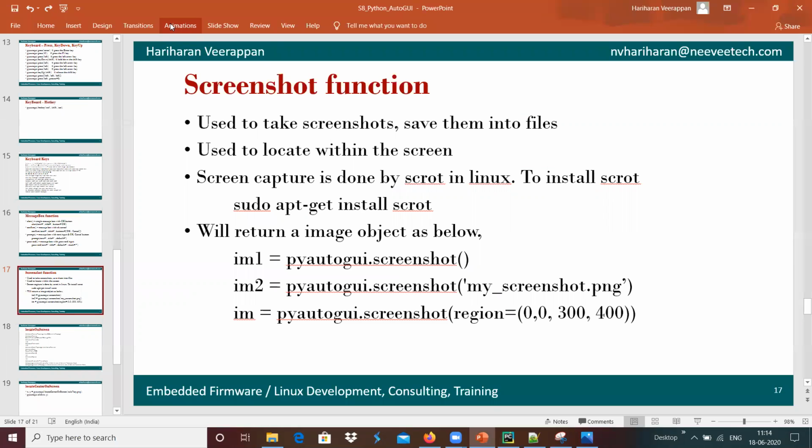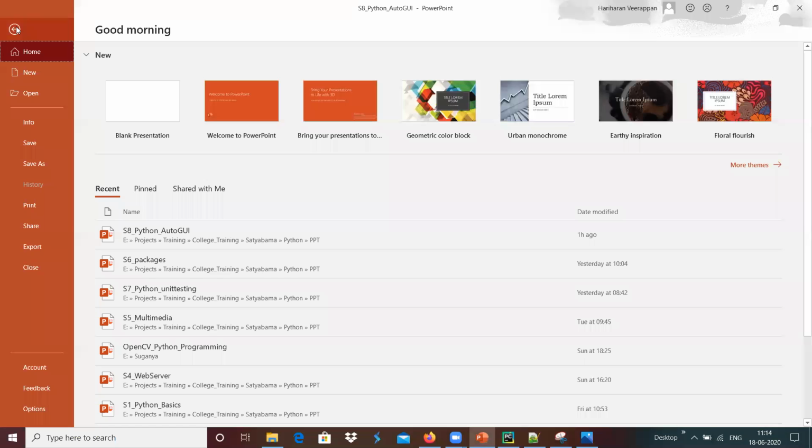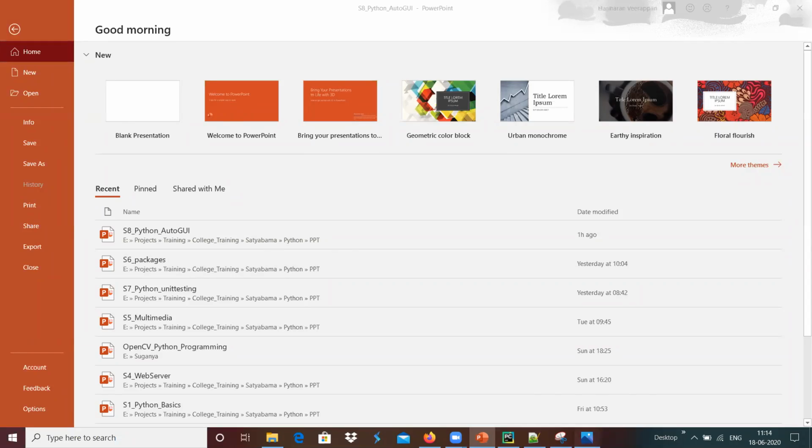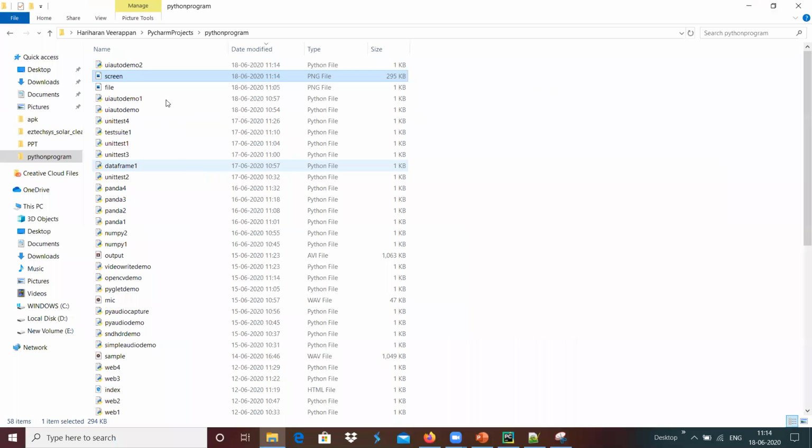I'm going to give 5 seconds. After that, it has to move to that file pointer automatically by gradually moving over the 5 seconds, and it reached that location, and it has been clicked, and it has taken the screenshot. Now we will see how the screenshot looks like over here.